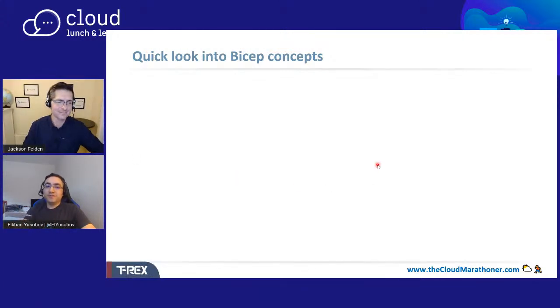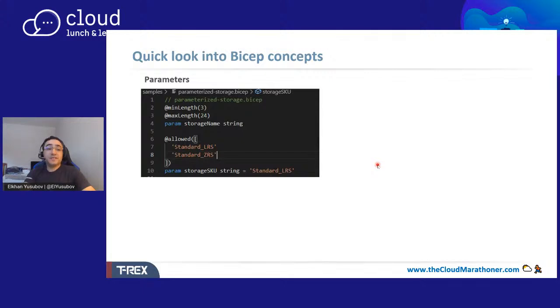All right, let's move here. Next, we are going to consider these Bicep concepts. The first of them, and one of the important ones, is parameterization. When you use parameterization, there are different types of parameters you can introduce. One of them, of course, is string, and you can have extra validations, like defining lengths, or if you have any special expression, you can define it. Then you can have a list of allowed values that you can introduce,